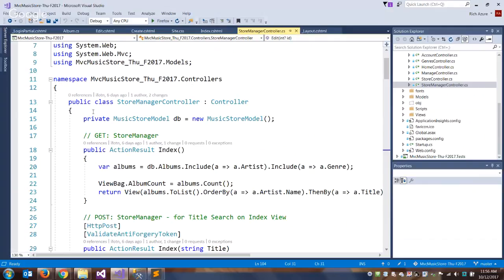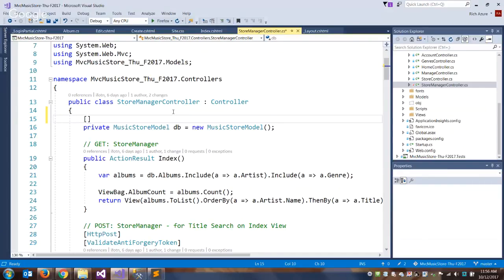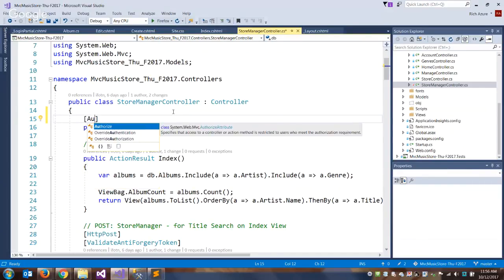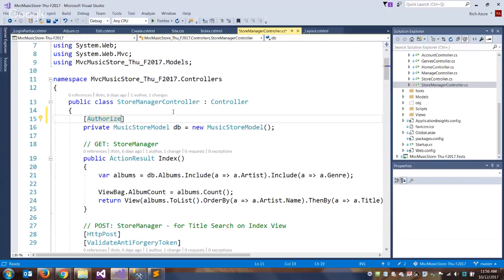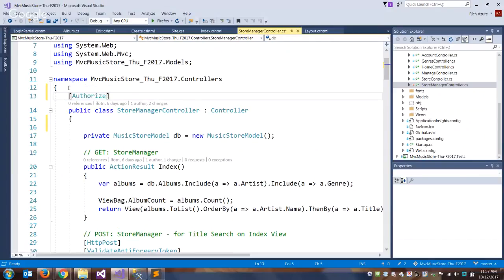So what we'll do is we're going to secure all of the store manager, except we'll override that on the details page, because on the details page, they can't change anything. So we can make that page public and everything else private. Want to see how complicated this is? Type authorize. Now, if we type authorize, we use that decorator, and that goes up here above our class. Put it in the wrong place. So this controller,